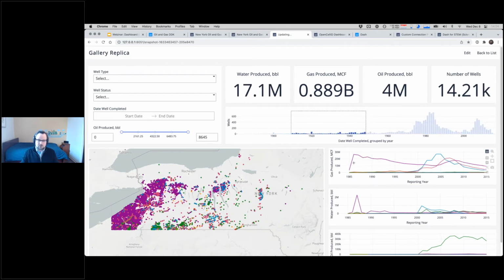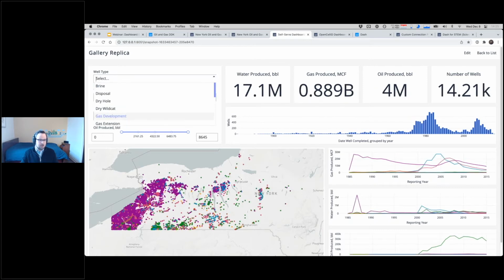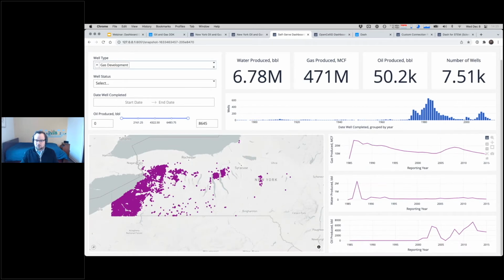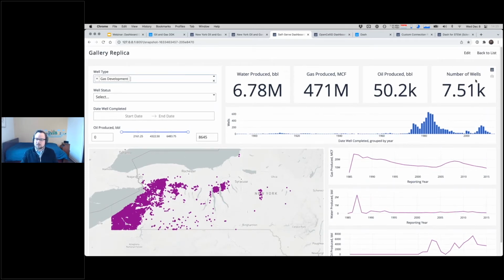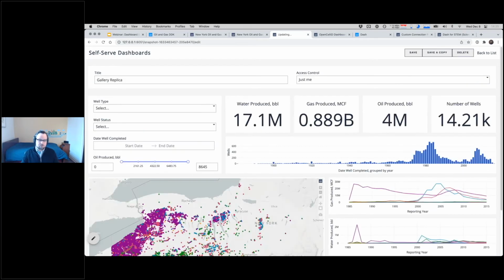You've got full cross-filtering here. We've got the map. We've got the widgets to select the well types. You can select the well status. There's line charts for the production of gas, oil, and water. There's these big data cards, and it's fully editable by a user, not necessarily a developer. So if a user, say, wants to swap the position of these two cards or create new ones or whatever, no problem. Click edit, swap the cards around,